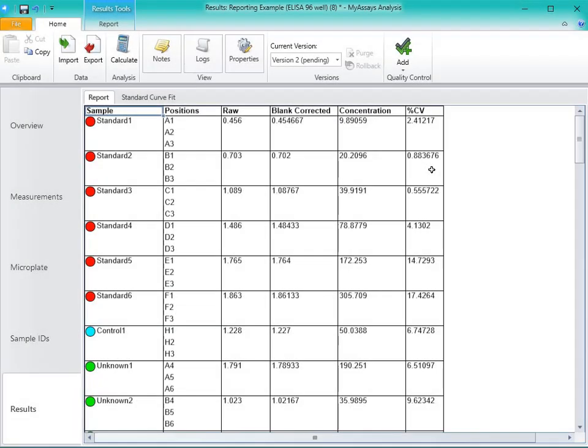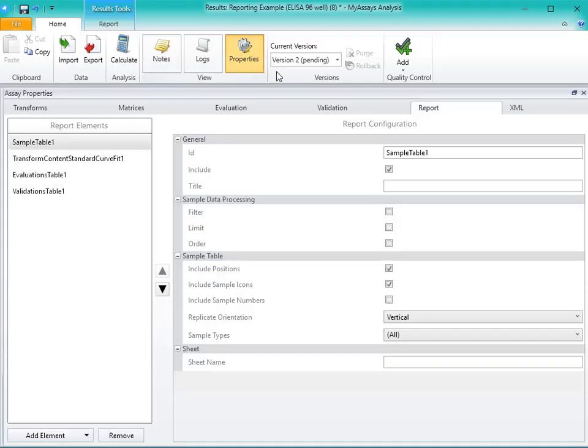In this video, I'll demonstrate how to format and add additional report elements to your report in MyAssays desktop. This video is part of a series, so please be sure to view the Introduction to Reporting video. In my ELISA protocol, I can navigate to my Properties Report tab, and on the left-hand side of my screen,